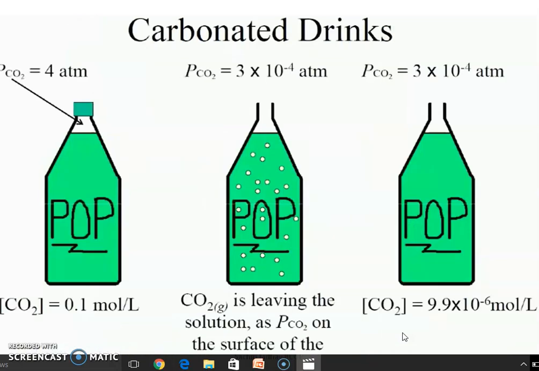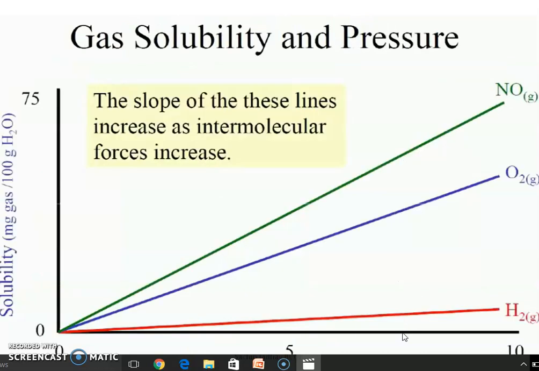For example, carbonated drinks are closed with a lid which is very tightly packed, and there is almost pressurized gas there. It is 4 atmospheres. When we lose that lid, what happens? The gas inside gets outside because the pressure is released or decreased. If we keep that bottle for more time, all the gas will get evolved from it, because as pressure decreases, solubility decreases.